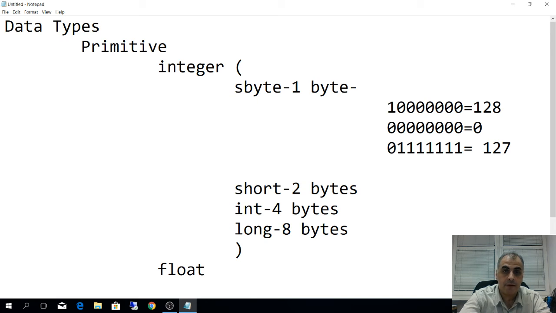No. Why? Because integer numbers are, as I mentioned, plus and minus numbers. Remember from the previous video, I think two videos before, the first digit was, remember what it was? Sign digit. 0 means plus, 1 means minus. So it is equal to minus this, which means minus 0. In other words, it's 0. What about this number? 1, 1, 1, 1, 1, 1, 1, 1. What is that number? So when we talk about this number,